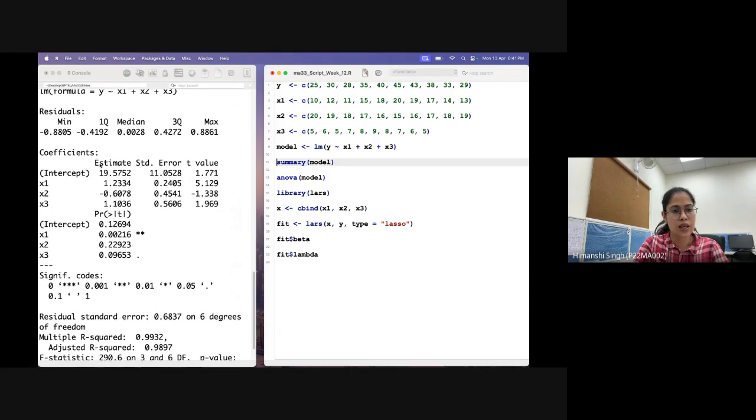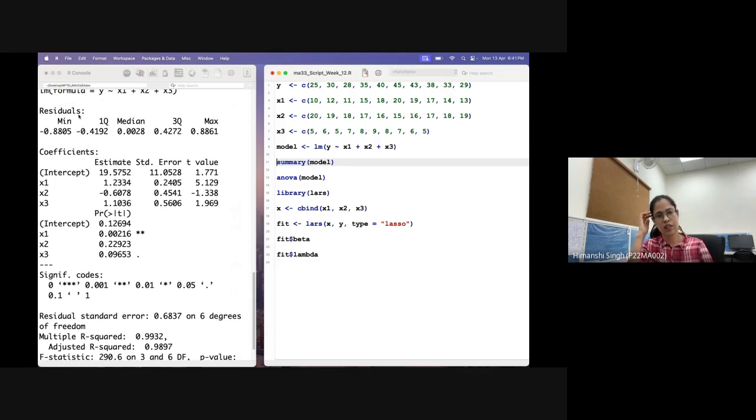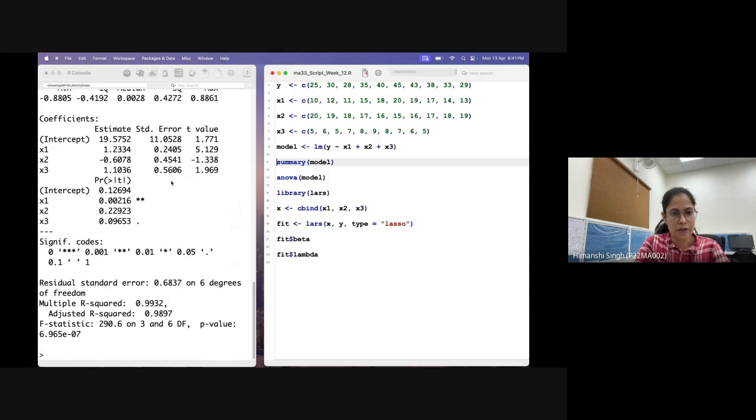Here you can see the residuals; for each observation there will be a residual, so basically e1, e2, and many more ei's. The information for those residuals is given. Apart from that, we have the information about the coefficients, which is the major one. Here we have the intercept 19.57, the coefficients of x1, x2, x3, and the corresponding standard errors. We have discussed this already in the previous slides.